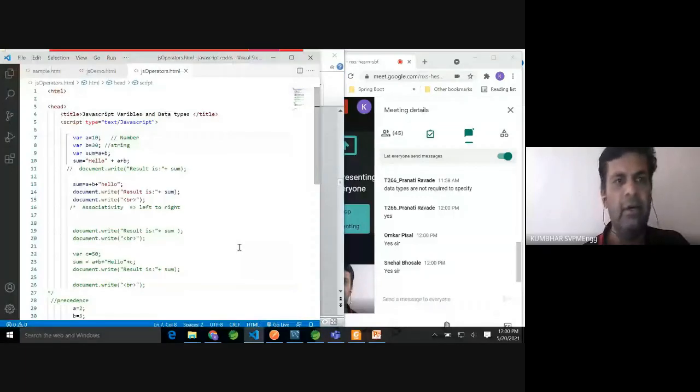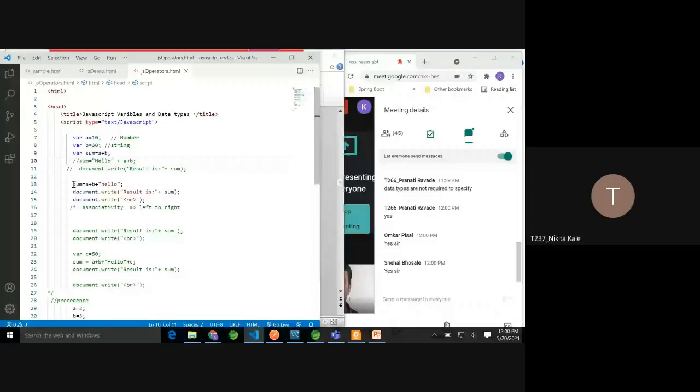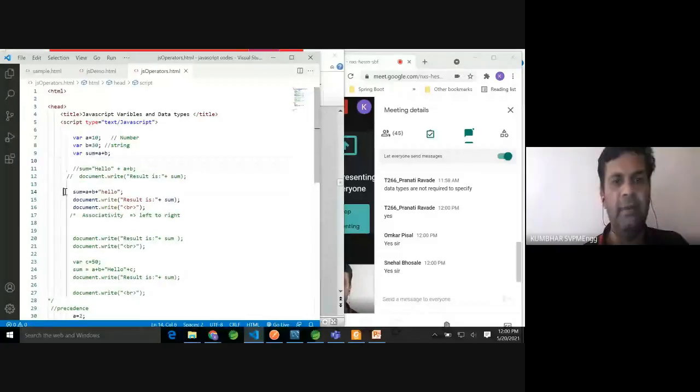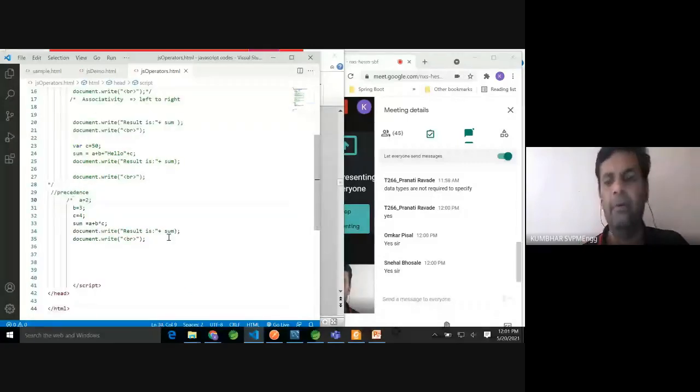Let's have one example of this. I hope you are able to see this code screen now. Let me make some comments so that we will go step by step. Suppose A and B are two numbers.